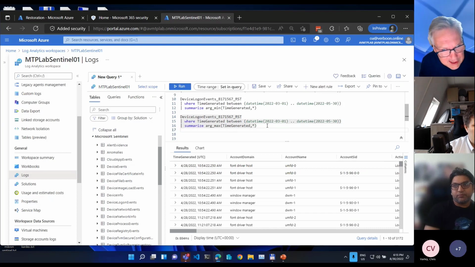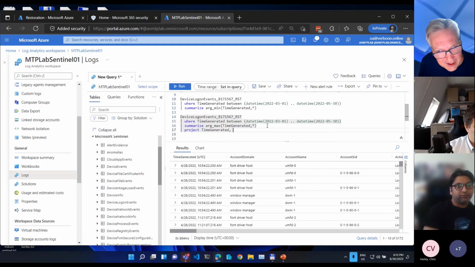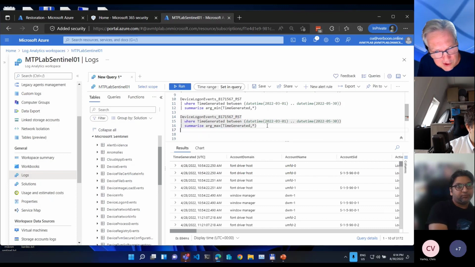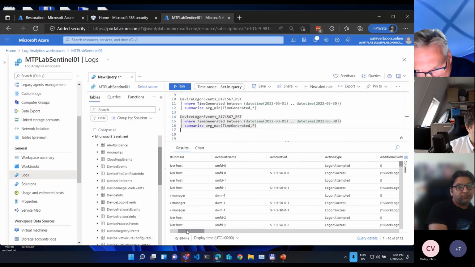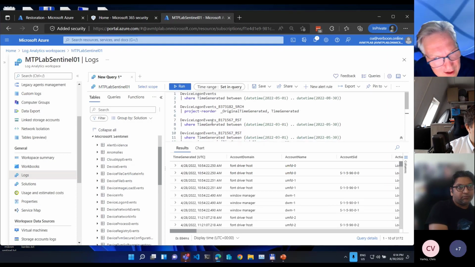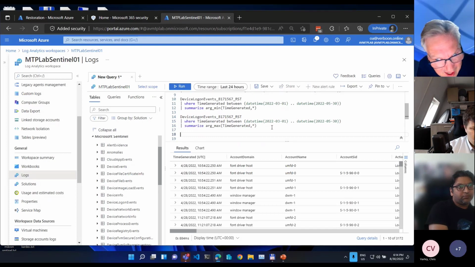If I do a project time generated and a, where was it? Let me quickly see. Now I'm lost. But what I wanted to show you is argmax time generated. Where was it in the search? And when I did my restore,